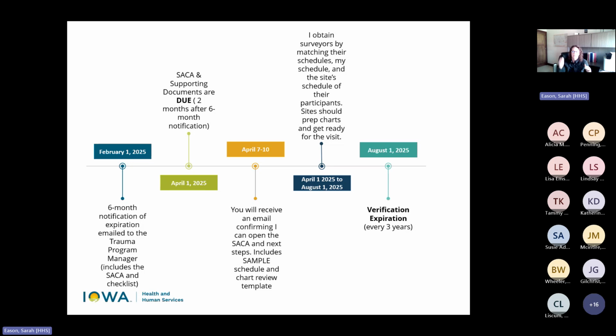And why I say that is that 12 months is what you're submitting your trauma committee minutes in. It should be the same 12 months that you're running your ImageTrend trauma services report in. If there have been PI issues identified, it should be that same 12 months. So your review period is really that snapshot in time, and everything should fall in that 12 months.